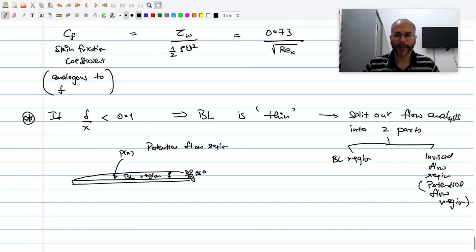If the boundary layer is not thin, then using information from the potential flow region and bringing it into the boundary layer for pressure fails. Then again our life becomes difficult. We will discuss this again in the next lecture. Also, the information for pressure is required for calculating the normal force, because ultimately it's all about calculating the total drag. So for calculating the normal force, one has to use pressure. If the boundary layer is thin, then we can use the pressure from the outside, the inviscid or potential flow region, and bring it inside the boundary layer.